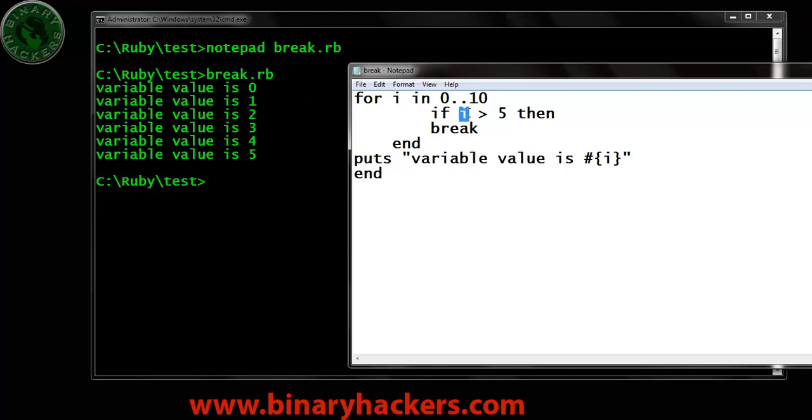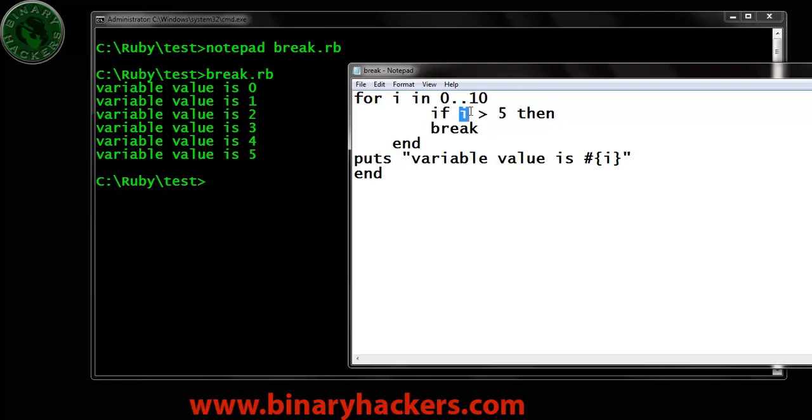When the variable I is equal to 5, 5 is equal to 5, it's not less than 5 and not greater than 5, so it prints the variable value is 5. When the value of I is 6, the next step, 6 is greater than 5, so this condition is true.